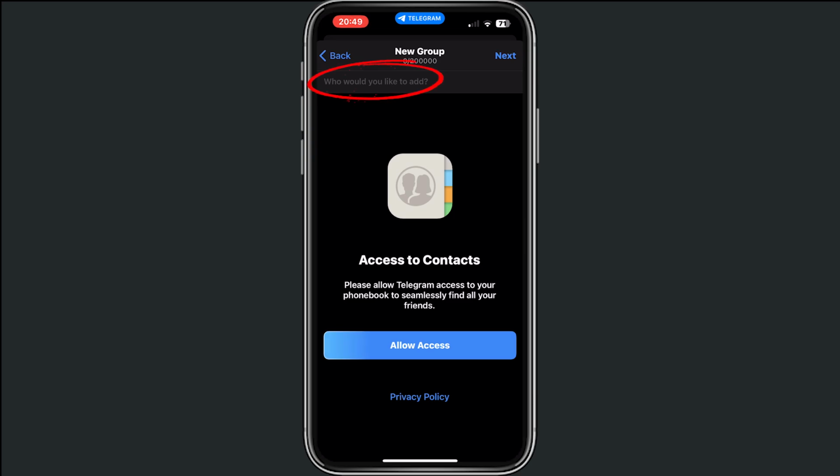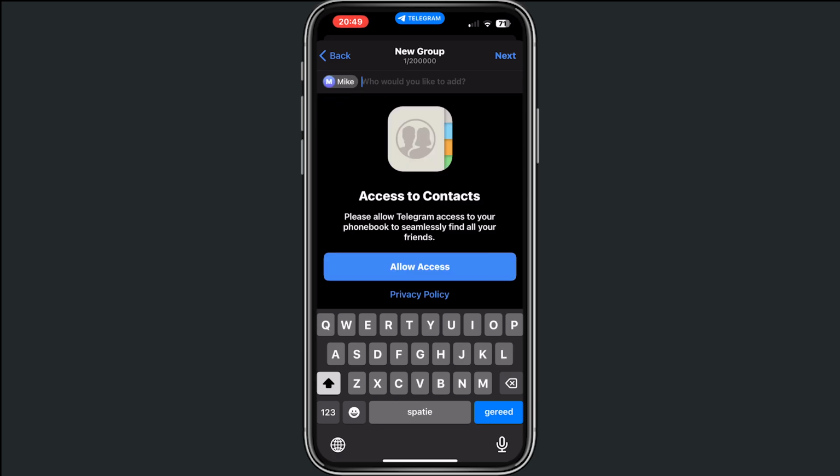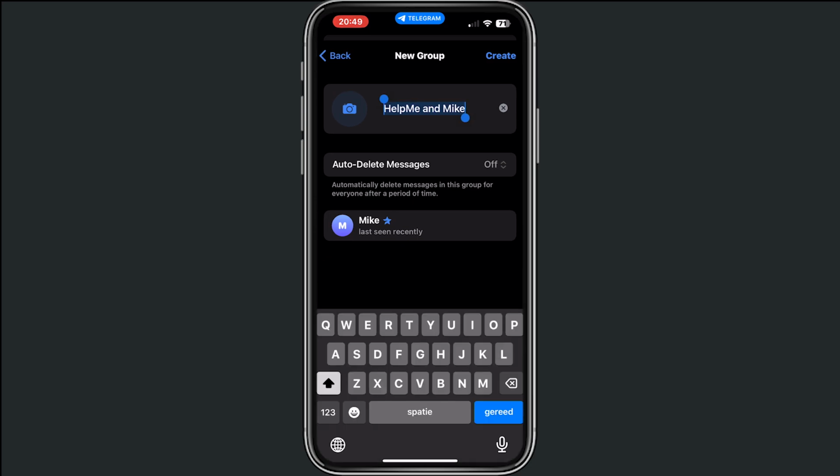So from here, if I want to add someone, I can tap on here, and if I search for Mike, tap on Mike. We added one person called Mike in this group. You can add up to 200k people. I think I don't have that much friends, but if we do next from here,